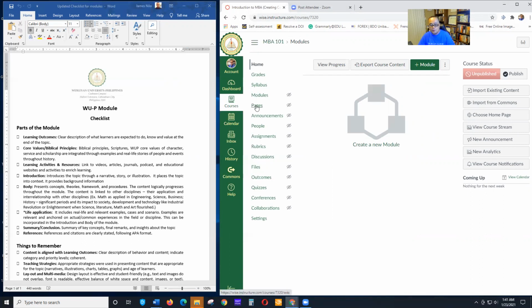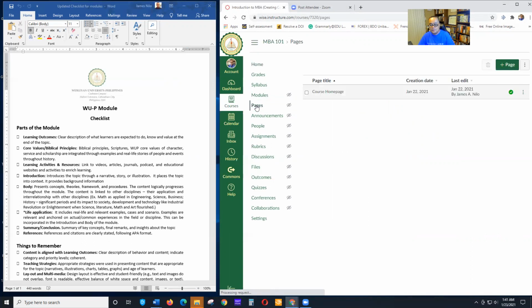So again, it was located on the pages. Okay, and then click the vertical ellipsis, then use as front page. Okay, use as front page. Then it says front page. So now when we click home,